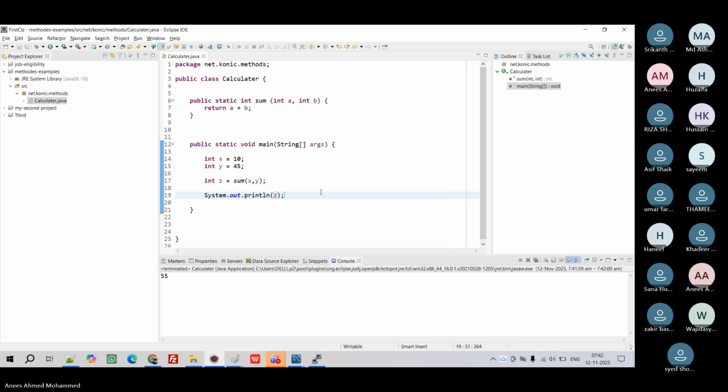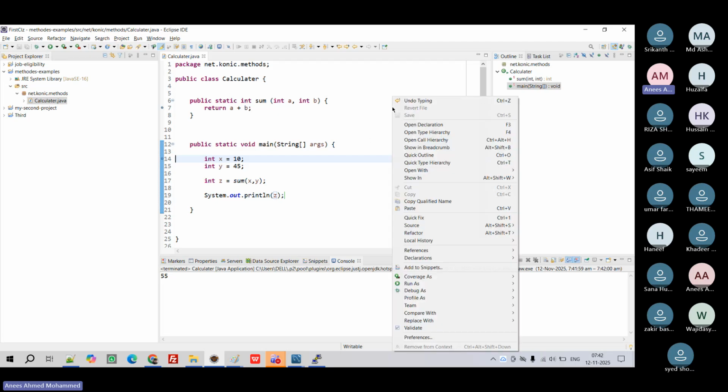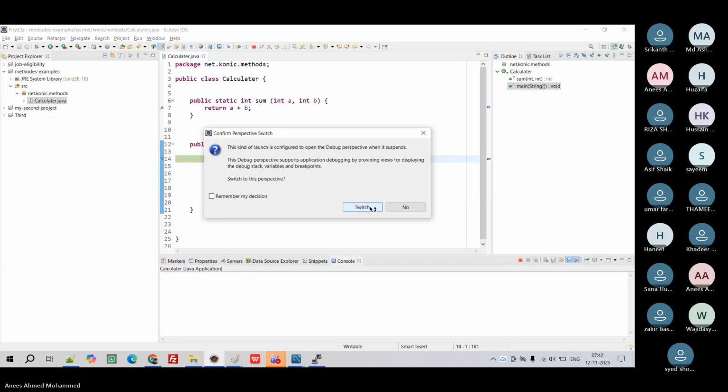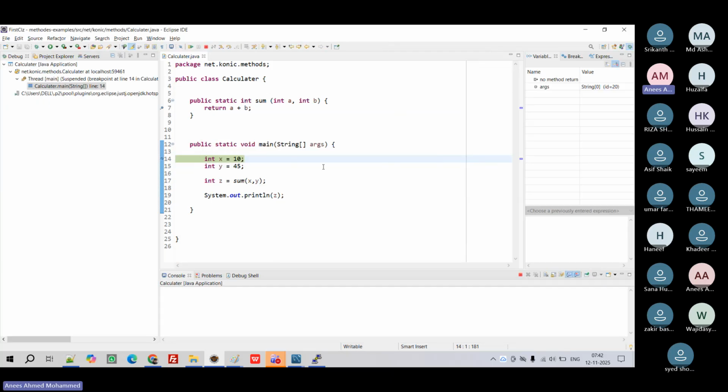$50. Right. Now let's see the debug, how the flow is happening. So now I'm clicking here, one button. I'm adding debug points. Now let's run debug. Now you can see the first point, where it is starting from X, right? So now I'm going to the next step. You can see Y is equal to 45, right? So then it will go to sum. Now what it will do, it will give control to the sum method,